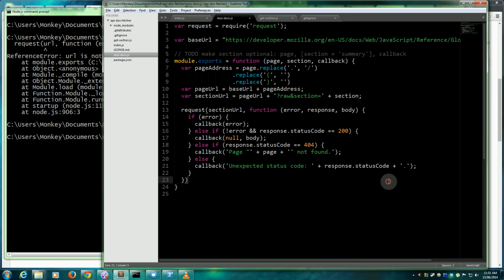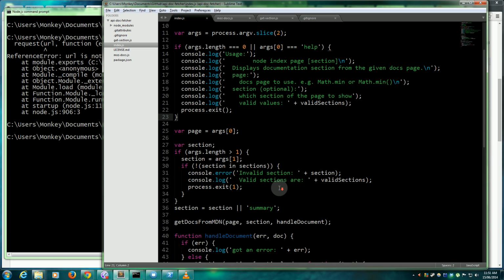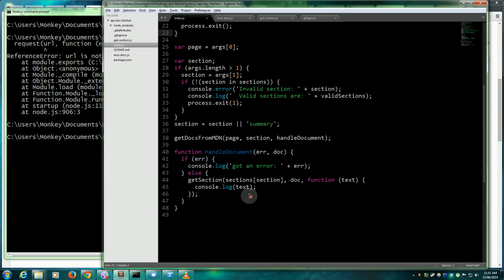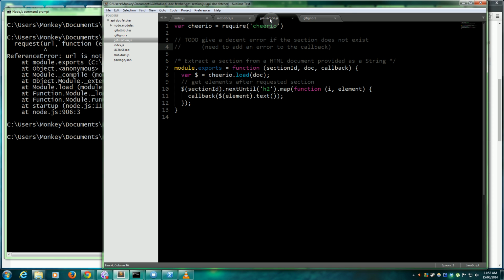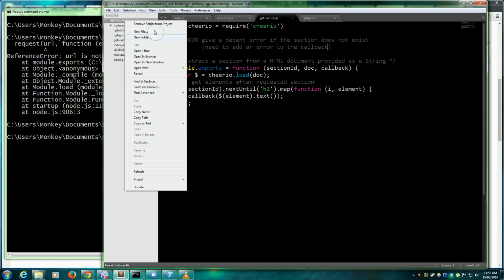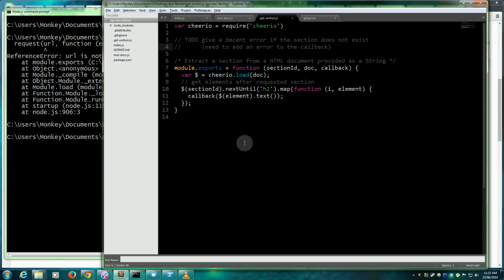Now that is trying to extract something by the section name here. The document get section, and that's trying to get something with the ID, when what I really want to just do is extract the text. So what I might do is, instead of getting rid of this get section, I might make another module which is just called extract text,